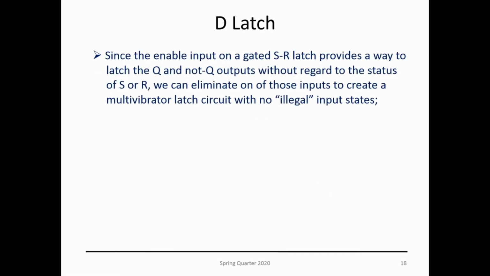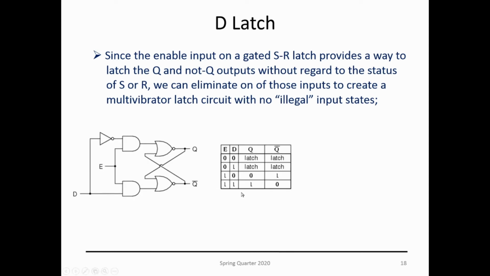So let's go over the D latch. What if I want to get rid of these illegal states? What you do is you connect the SR inputs together through a NOT gate, and now you no longer have illegal states. For 0, 0, you memorize the previous state. 0, 1, same thing, it makes sense, your enable is 0. But if your enable is 1, notice now that Q is going to follow the input D. So if D is 0, Q is 0. If D is 1, Q is 1. And Q naught is just the opposite of Q. No illegal states, and